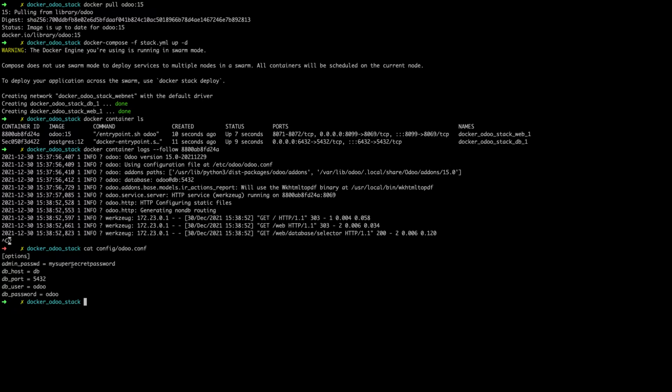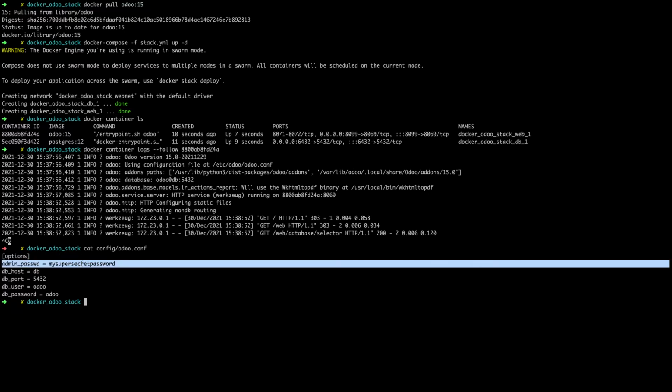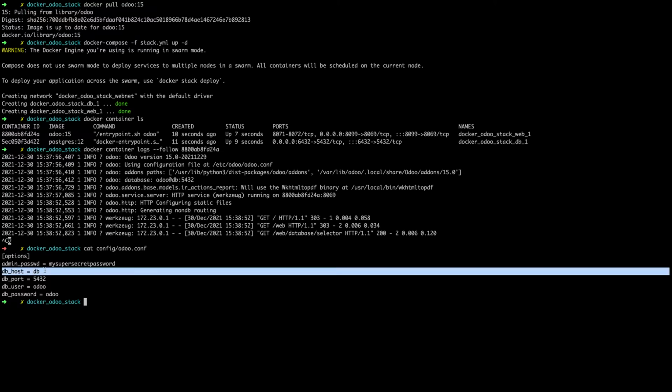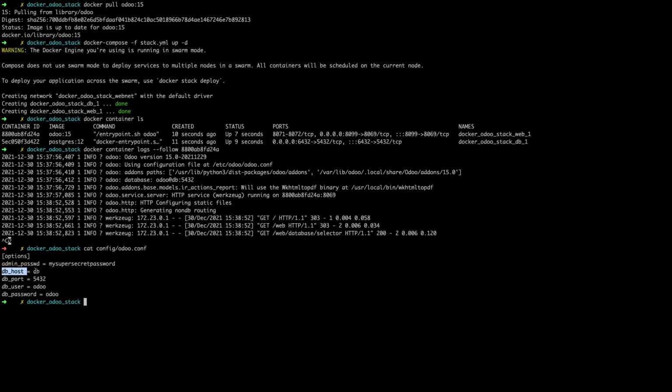Admin password is basically the password we use while creating the database, and we need it while setting up our first initial database. Now here you can see the interesting part. I've mentioned db host as db. Most of the time it would be your database application, or the database URL if you're hosting this on any public cloud platform.